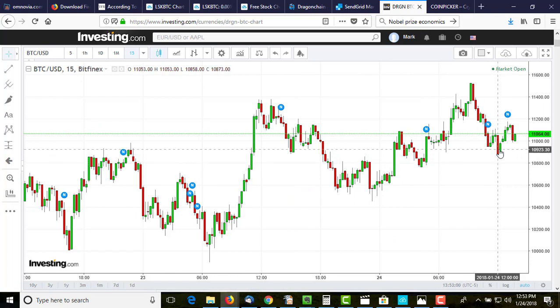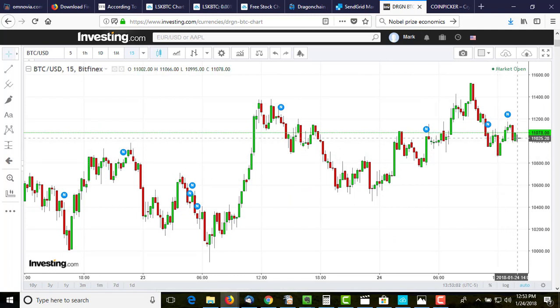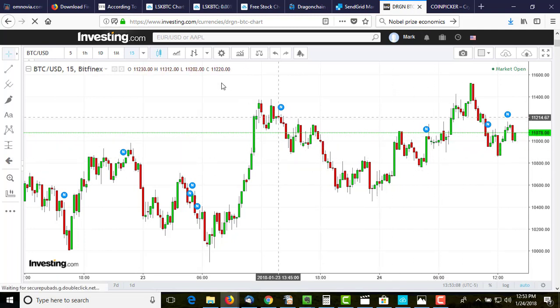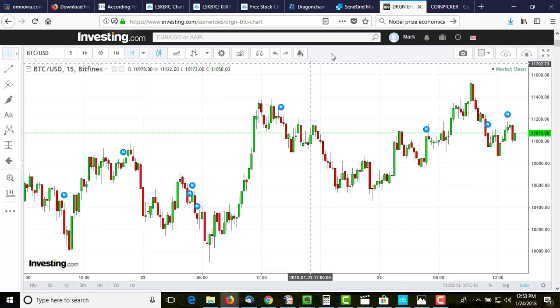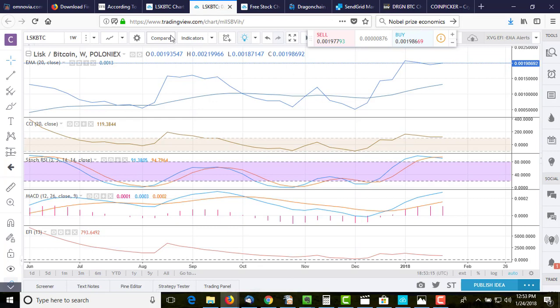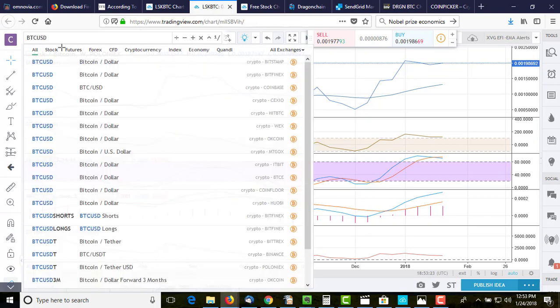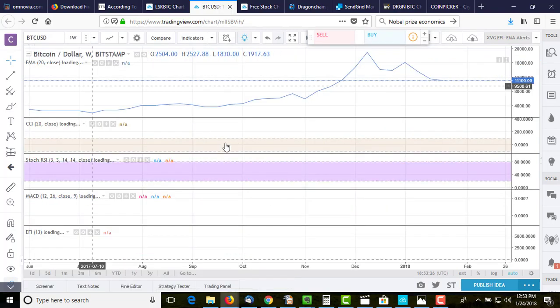We're rising up, but it looks like we might have a bit of a downward leg coming, is what I've determined. I cannot get the... yeah, it doesn't want to show me. All right, you know what we're going to do? We're going to use a more friendly version here where I can get everything I need to tell you how the market is performing and what to expect. Bitstamp will work as well as the other ones.